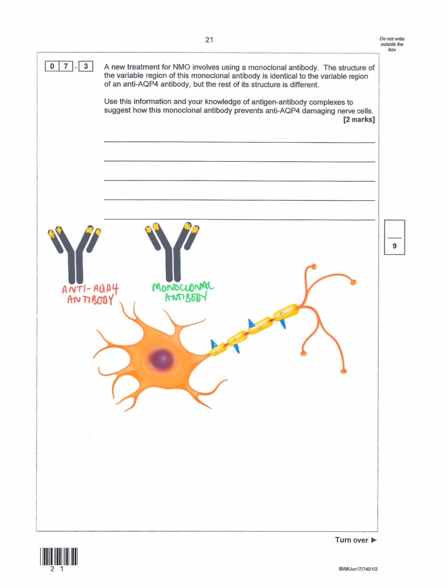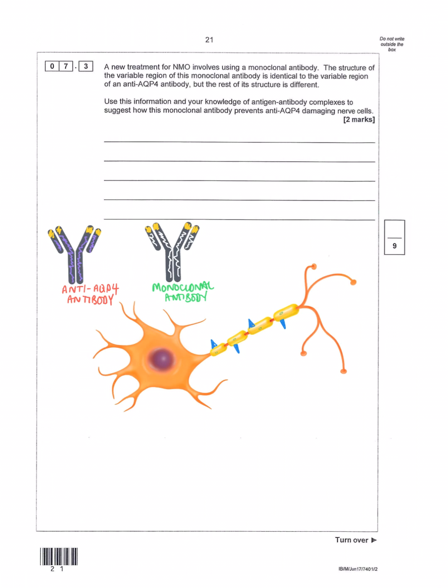The variable region is shown in yellow. The rest of the antibody structure is different between the anti-AQP4 antibody and the monoclonal antibody, as represented by the colours purple and white. What this means is that the monoclonal antibody is able to bind to the antigens on